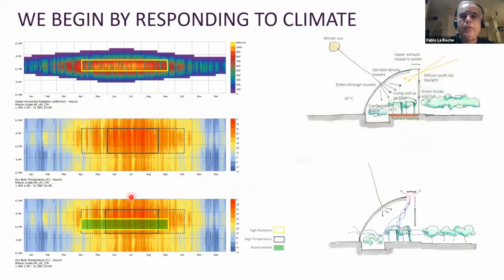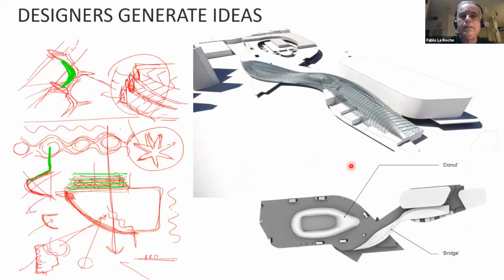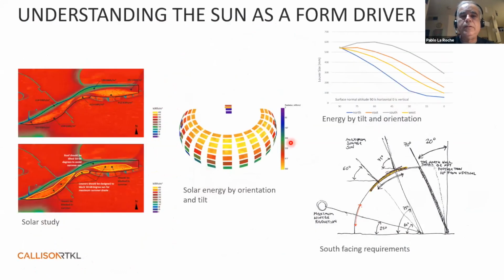So again, we're looking at climate, generating ideas, sketching together, looking at a form that is responsive to the sun and the wind, testing different angles and different tilts and different orientations, finding in a north-south section, which is the critical one in the summer and the critical one in the winter. In the winter, we want to maximize radiation. In the summer, we want to block it. This is going to show us quantitatively with